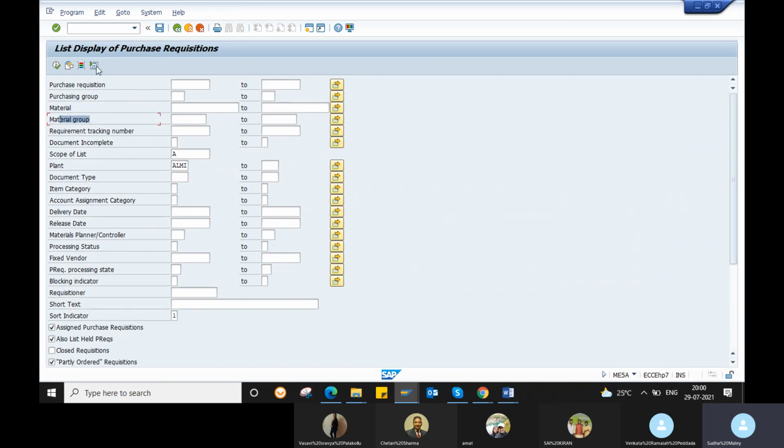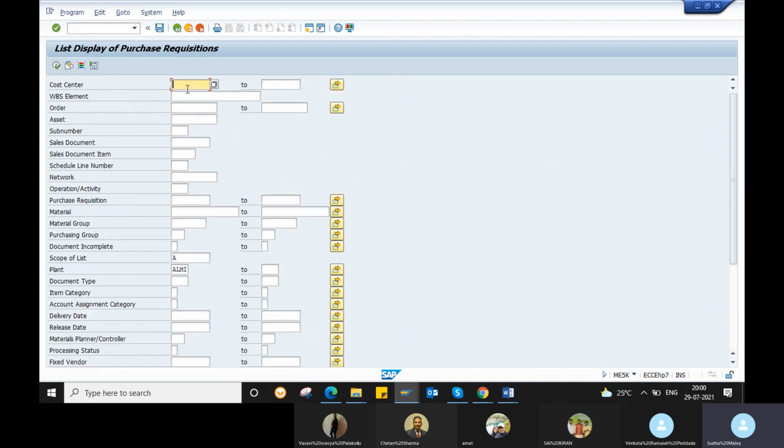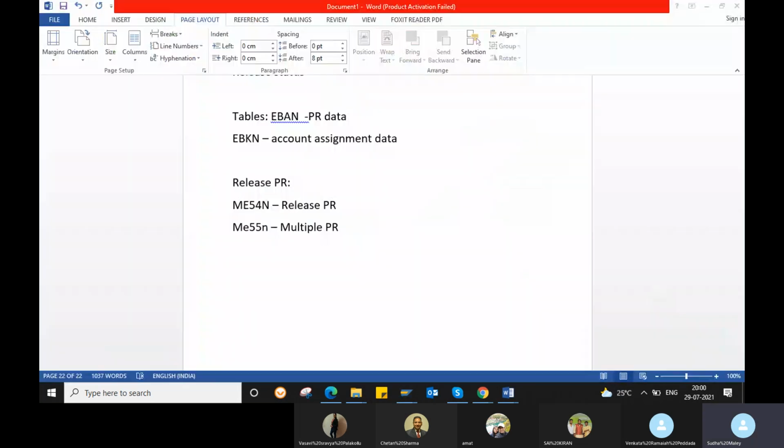There is no account assignment data. If you want account assignment data, then it is ME5K. Here you can find your cost center, your order, and all the details related to the account assignment. So there are two reports: ME5A, and ME5K for your account assignment data.